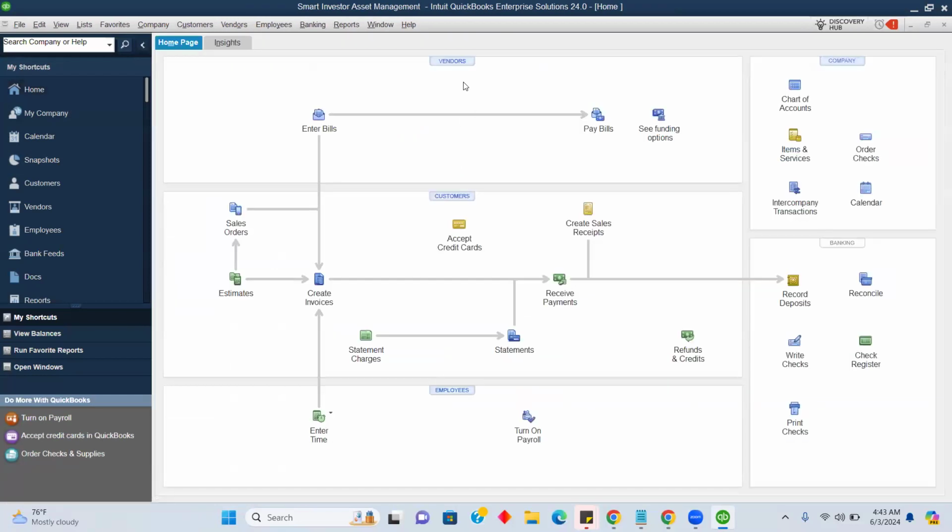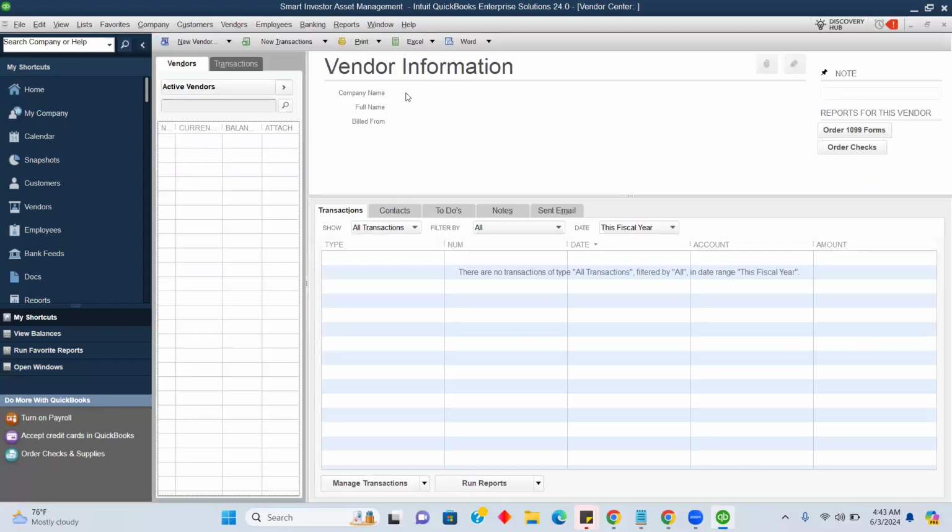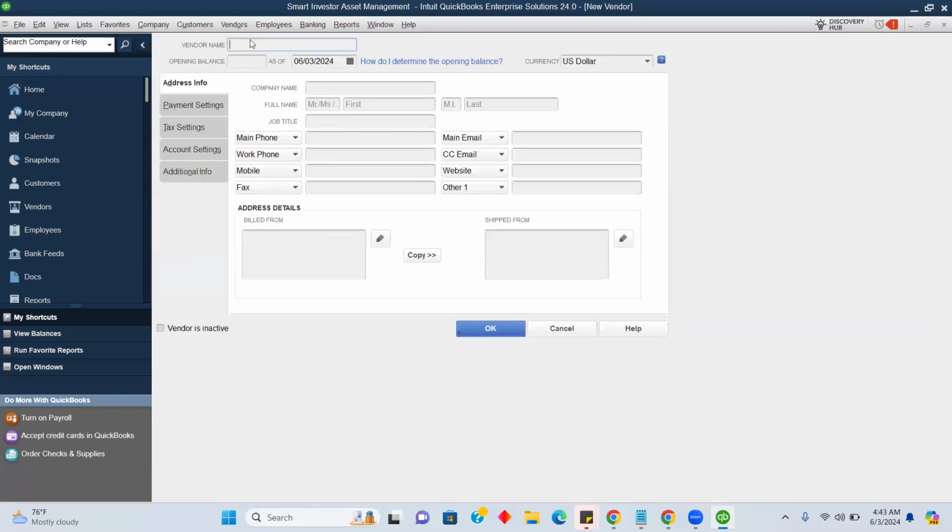Now, if you want to update the vendor record of your company on QuickBooks, you go to vendor, the same thing as the customer. The vendor record helps you to manage your vendors' information in QuickBooks. So your vendors are your service providers. So let's say you use a company like TradingView to access your financial market data. So here, TradingView Incorporated is a vendor, and then you come here, you post that